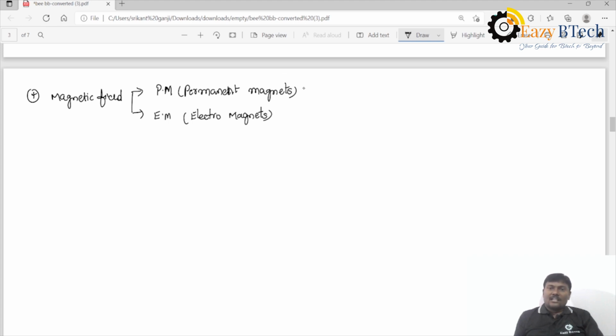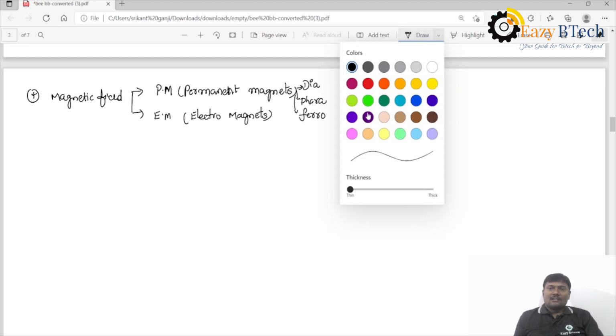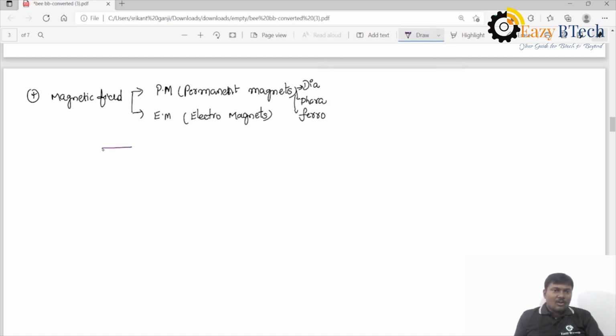We know that dia, para, and ferromagnetic materials belong to permanent magnets, and for an electromagnet, I will take an iron piece,